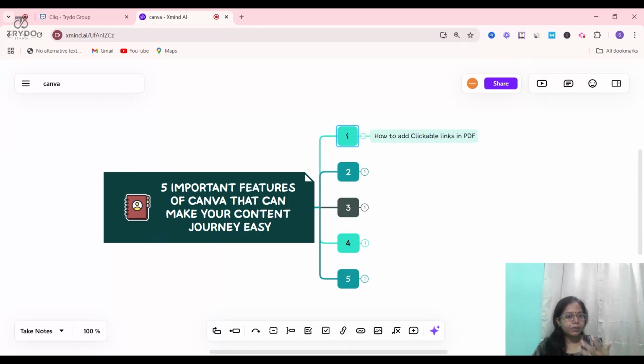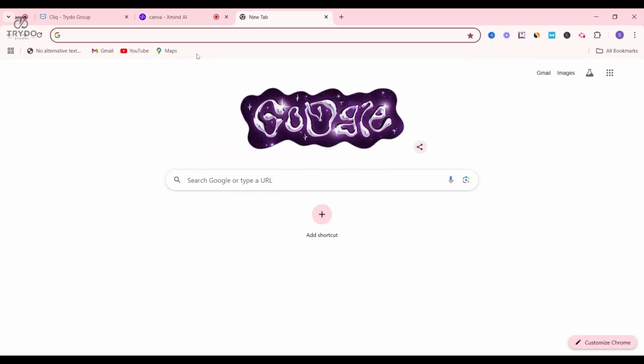If you're a business owner or a blogger, you will be sharing your article link or something like that, right? So try to share in a PDF kind of format so that it reaches your potential customers or clients. When they look at the PDF, you can insert links where people can click and they will be redirected to your website or profile. So how to add these clickable links in the PDF? Let me show you. Just open Canva.